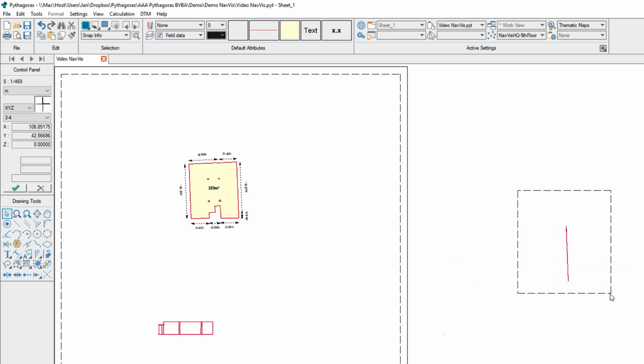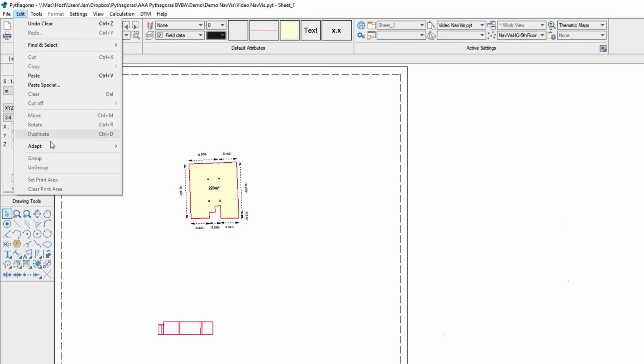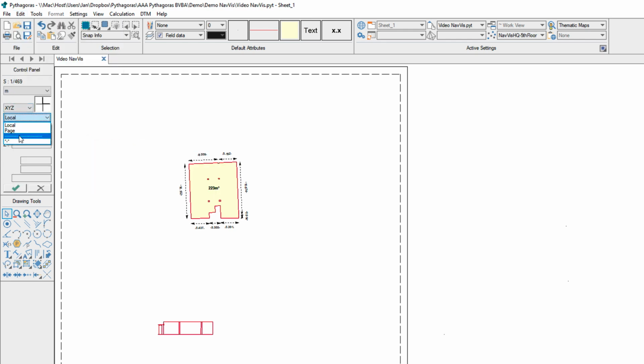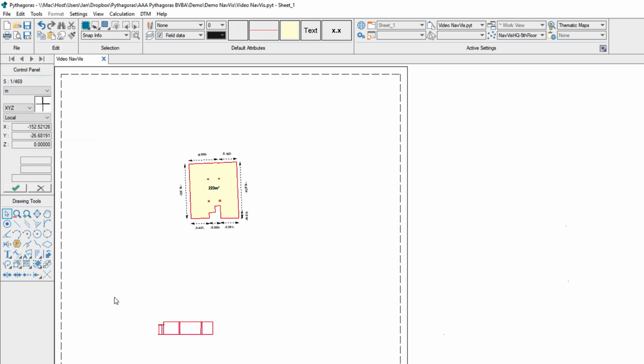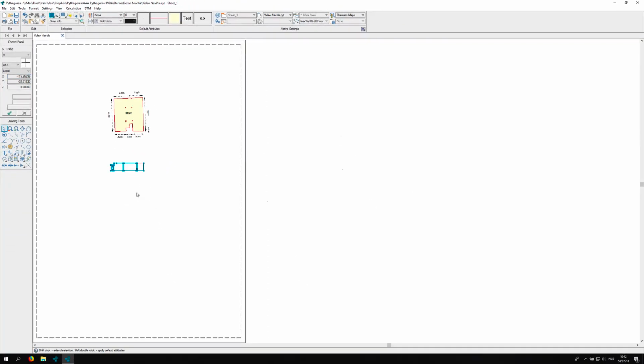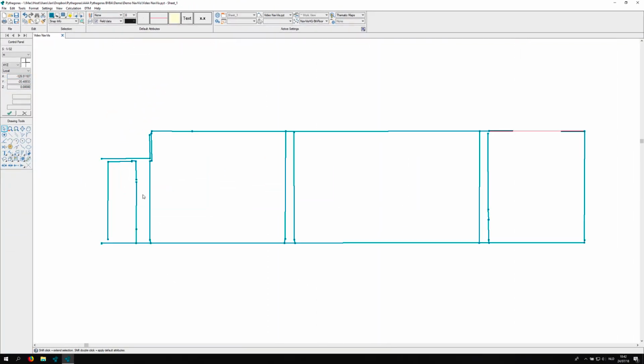We don't need the coordinate systems anymore. We don't need the created objects anymore. So we can erase them by selecting them and just hit the delete button or the delete coordinate system tool. Now we can move the side view of the section to a good location in the map. There it is. And now we can start to edit. So we can start deleting points and lines, or we can start trimming and extending lines so they connect to each other.